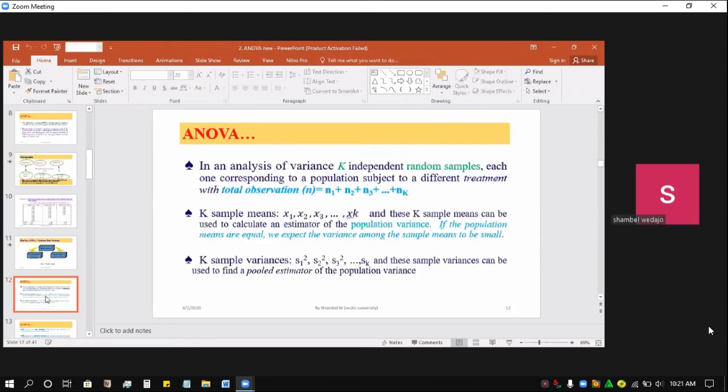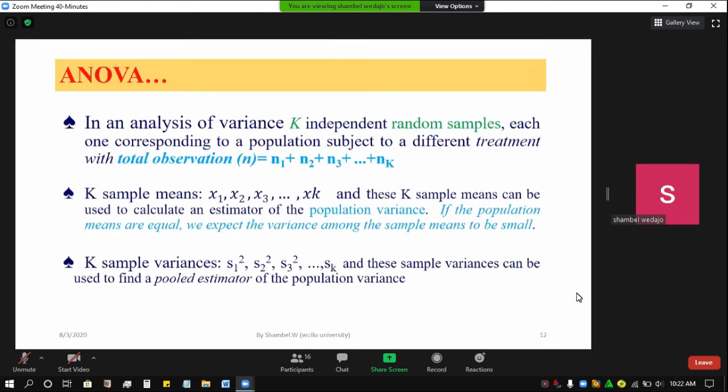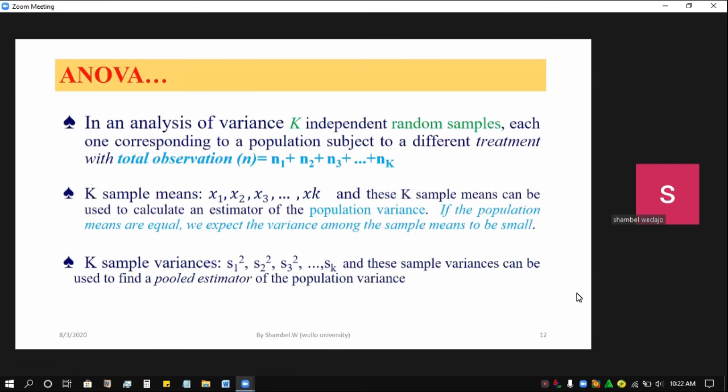Okay, let's come up with this analysis of variance. In k independent random samples, each one corresponds to a population subject to a different treatment, with total observations n1, n2, n3 up to nk. n1 is group 1, n2 is group 2, n3 is group 3, nk is the final group. So the k will depend upon your